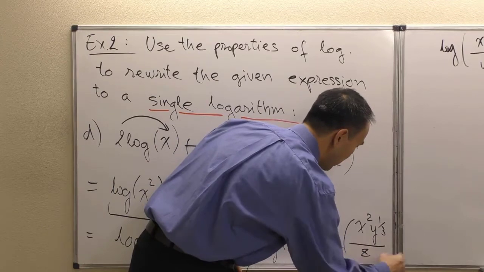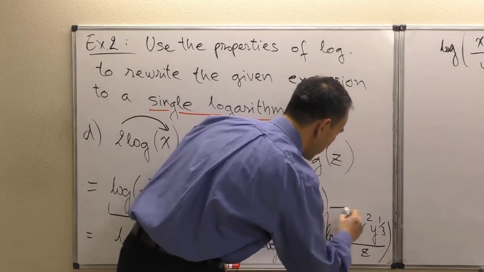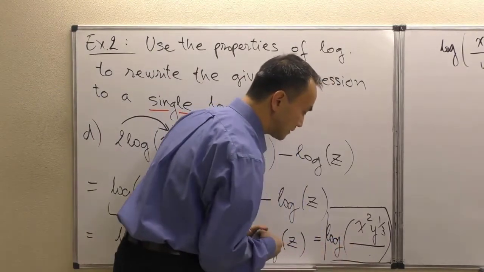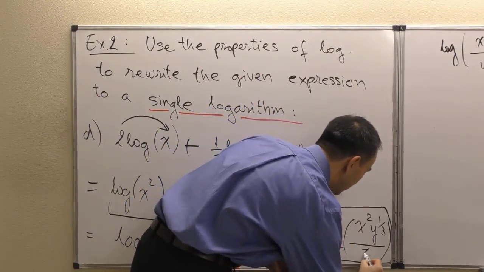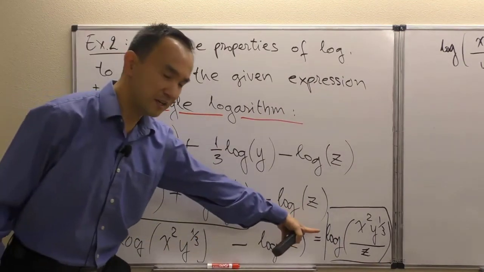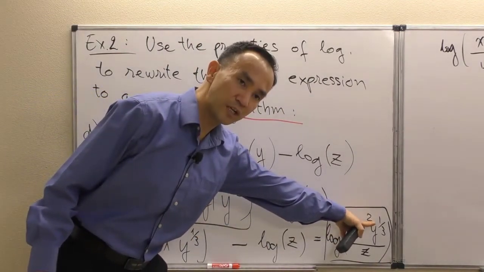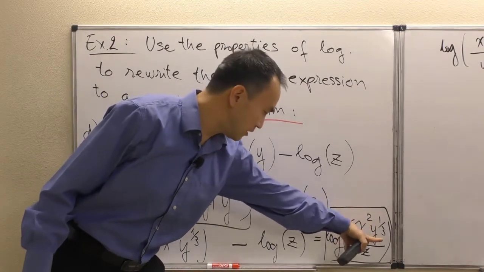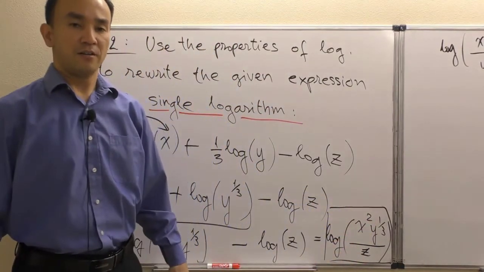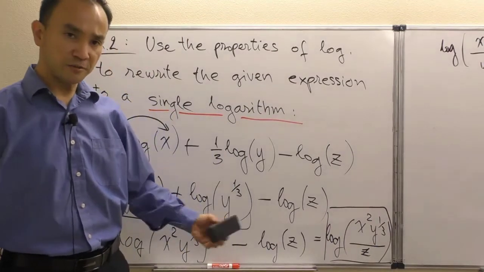But at this point, we know that we are officially done. All right. So log base 10 of x squared y to the 1/3 power, all over that entire product over z. All right, and then again, some instructors may prefer